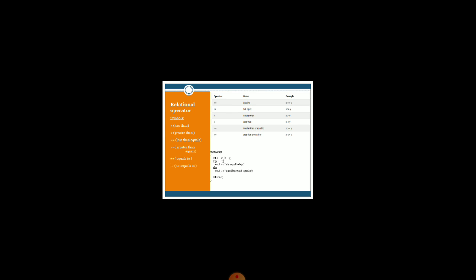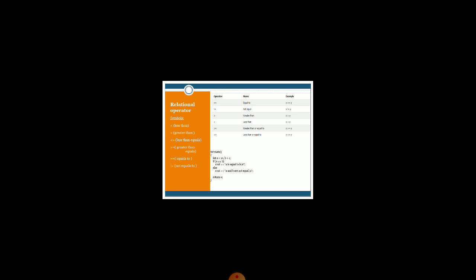Similarly, you can use the relational operators equal to or not equal to, to compare the values of the left hand side and the right hand side of the operands. In the example, here I define two variables A and B, with A value as 10 and B value as 4. So I just compare these two values. I put if A equal to B. Here double equals indicates whether the values on the left hand side and the right hand side of the operands are the same or not.